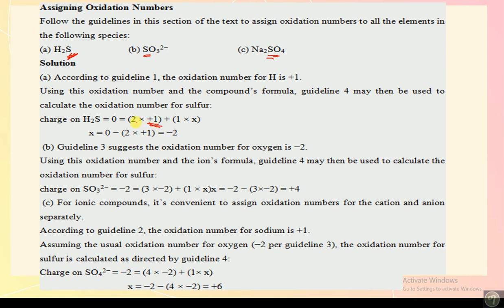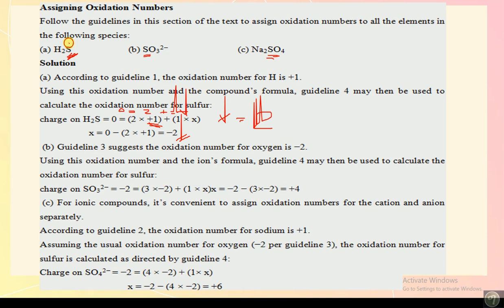Hydrogen, when reacted with a non-metal, is positive. Sulfur is a non-metal, so hydrogen here has a positive one oxidation state, according to the third rule: hydrogen will have a positive one oxidation state when it's combined with a non-metal. I have two atoms, and as a whole the compound is neutral, so positive 1 times 2 gives positive 2. To give a neutral whole, sulfur necessarily must have a negative 2 charge. So the oxidation state of sulfur is negative 2, because positive 2 from hydrogen plus x